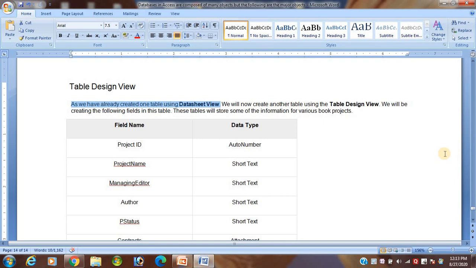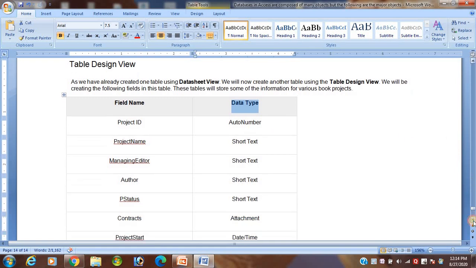Before creating the table, first of all you have to make a field, and each field must have a data type. That means you give the field name, and according to the field name, you have to specify the data type.